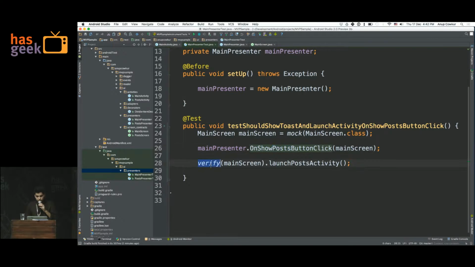Then we verify that on the main screen, the corresponding method to launch the next activity is called, right? So we tested the presenter part. The presenter is doing what it's supposed to do in this test. Now, there is no model here, so we don't need to test that, but we will see that in the next part. Okay.